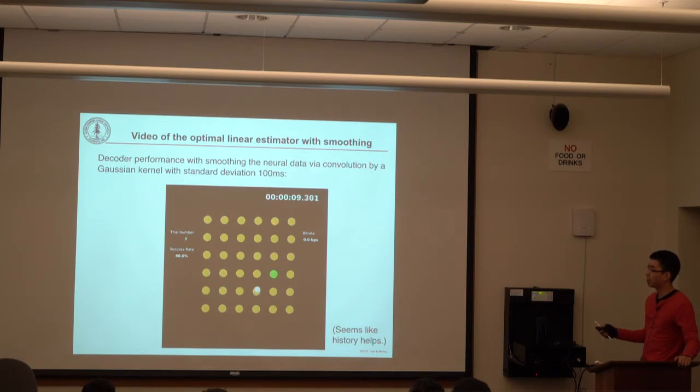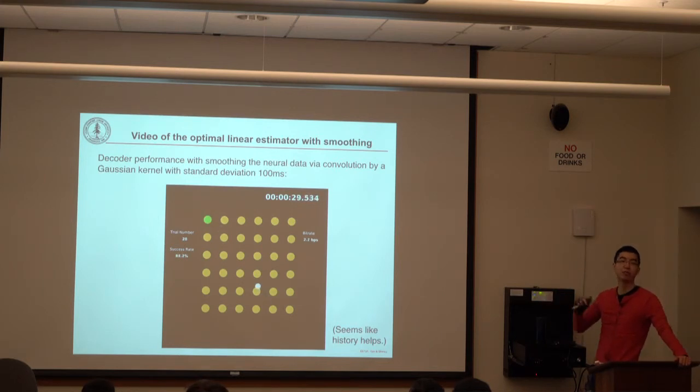So the monkey still has trouble going up and to the right. But you'll see that the cursor is a lot smoother. And eventually, he can sometimes hit these targets up and to the right. He'll get to a success rate of, say, 80 to 90%. And so we've used the exact same algorithm. All we've done is we've smoothed our neural data, taken into account history, and that increased our success rate by